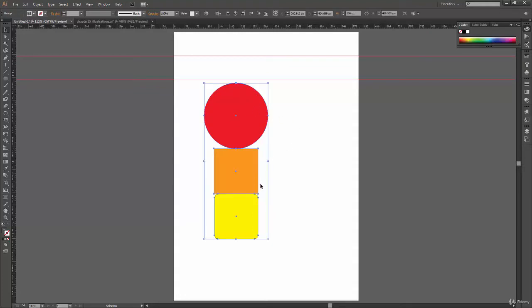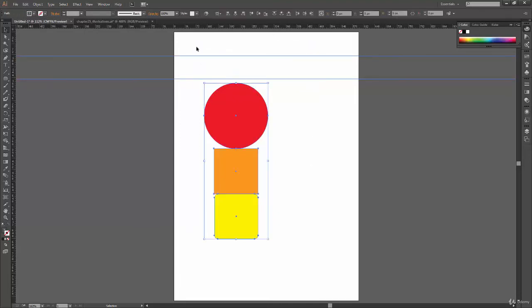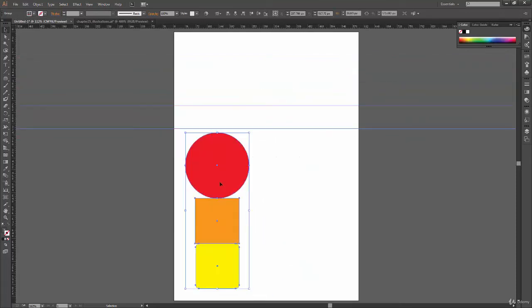So let's say I press Ctrl Shift G multiple times to ungroup it. And this time, along with shapes, I selected these two guides and pressed Ctrl G. Now when I move my group, these guides are moving along with it.